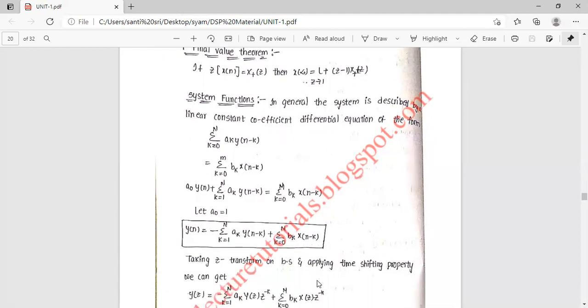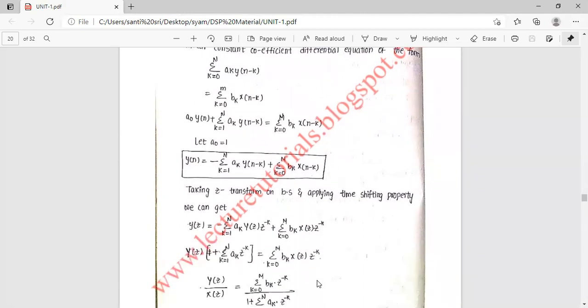So taking that transform on both sides and applying the shifting property, we get Y(z) equal to minus sigma k equal to 1 to N a_k Y(z) z^(-k) plus sigma k equal to 0 to M b_k X(z) z^(-k), or Y(z) taking as common 1 plus sigma k equal to 1 to N a_k z^(-k) is equal to sigma k equal to 0 to M b_k X(z) z^(-k), or taking the ratio of Y(z) to X(z), Y(z) by X(z) is equal to